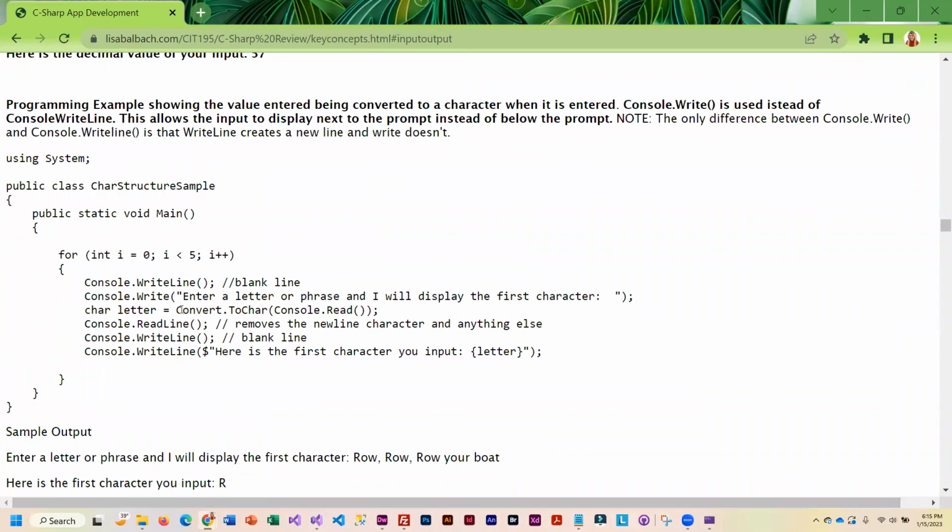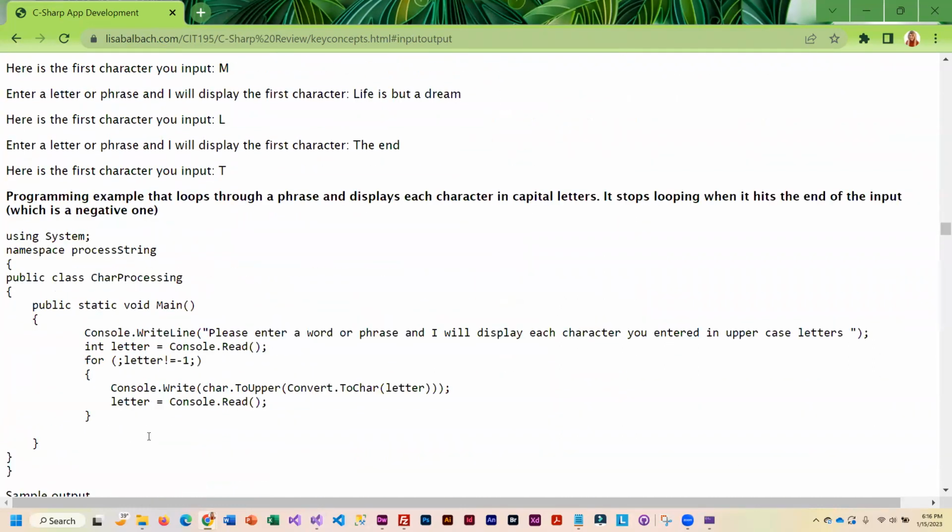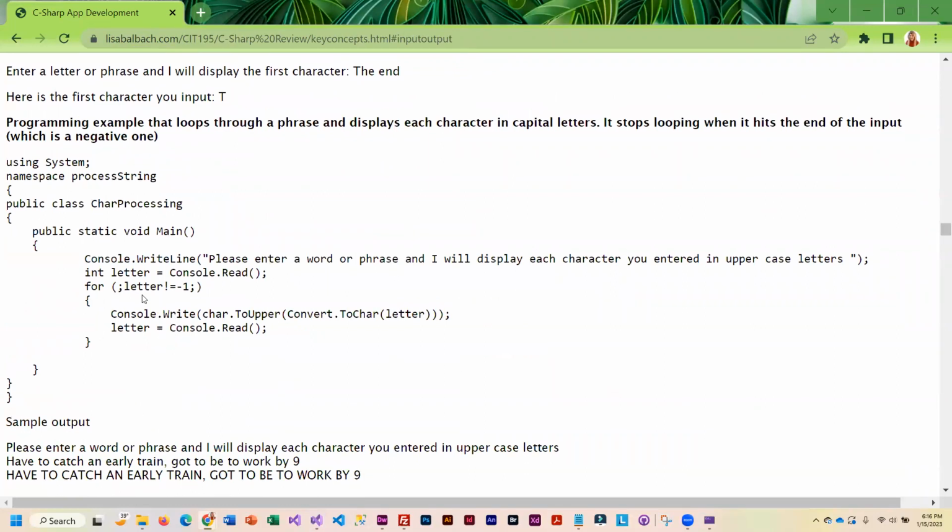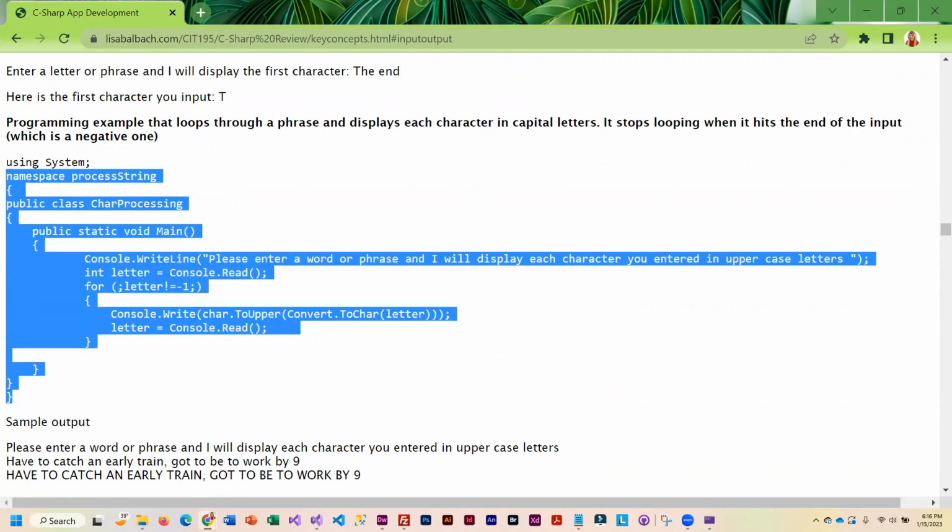Here's just another little version. Here I'm using convert to character when I'm reading it. So I kind of get rid of that. I don't even deal with that decimal version. And this is actually better in a while loop, but this will process one letter at a time. So if you wanted to see this,